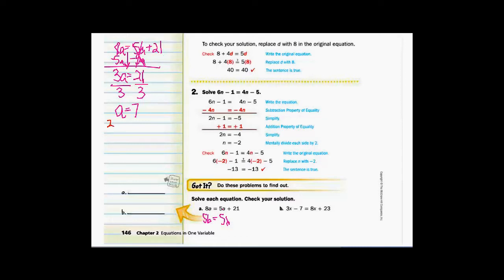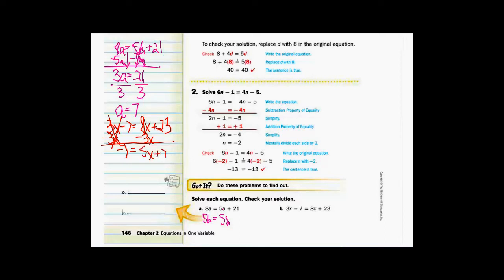3x minus 7 equals 8x plus 23. So again, letters on both sides. It does not matter which side you take it to. I would personally recommend that you take it to the bigger side so you don't have to worry about subtracting 8 from 3 and getting a negative. So I would take the 3x away from here. All right, that's gone on that side. Now I've just got negative 7 equals